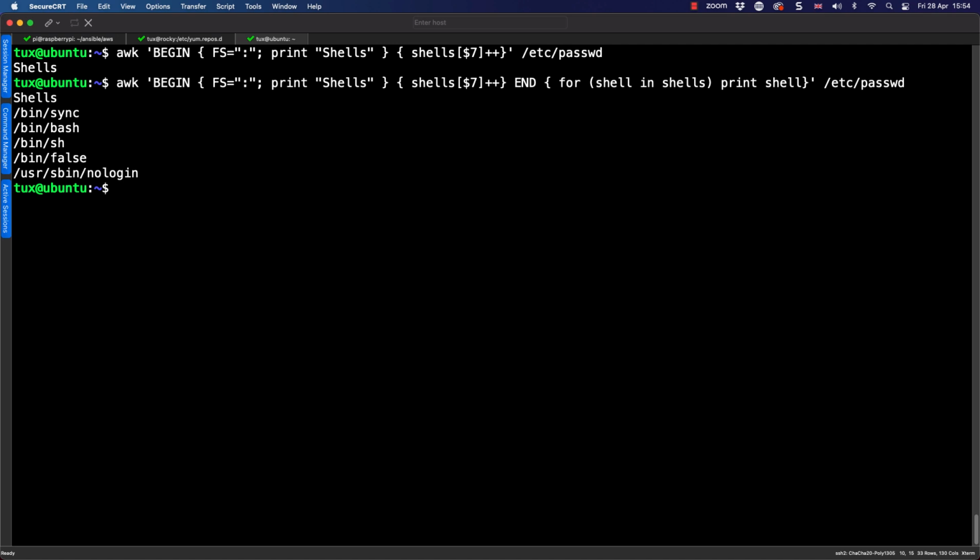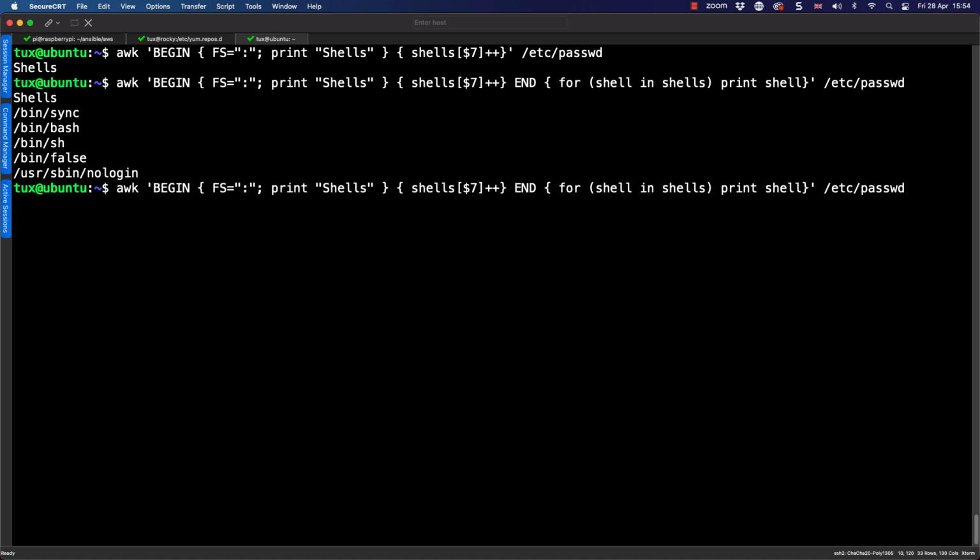Now when we go through, this is getting quite useful. So we see then our shells, and then each one of our shells, but now only listed once. Each shell is listed just once in the array. But if we look at the value of each one of these array items, that will show me the count, how many times they appear in the file. And this is where it becomes really useful. So let's dig into this and go back into our code.